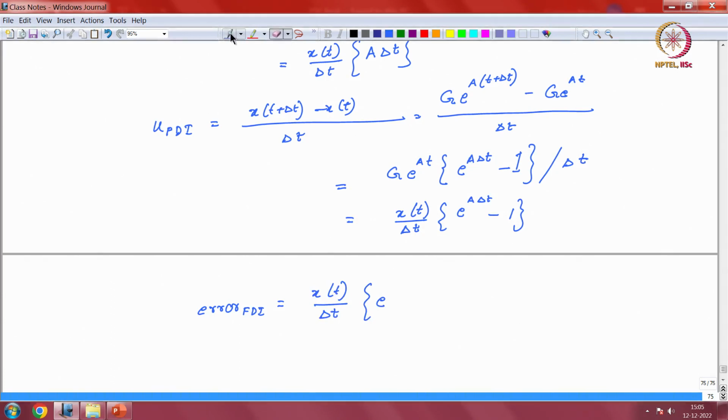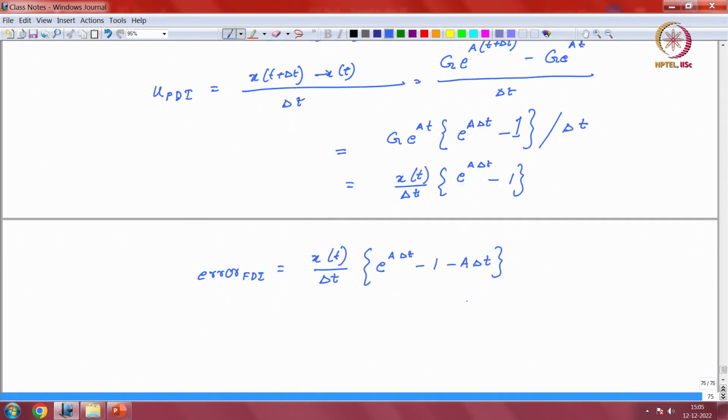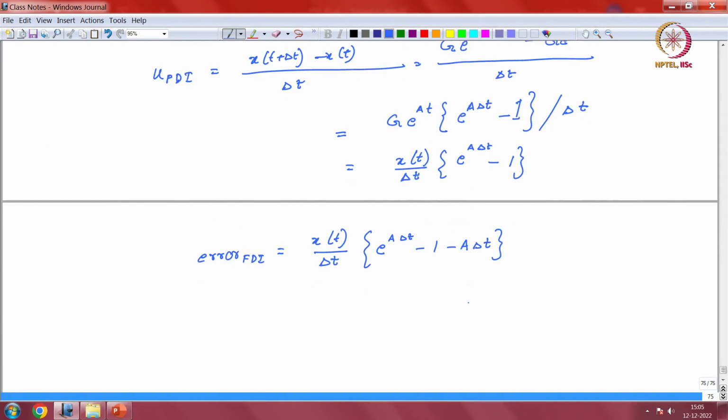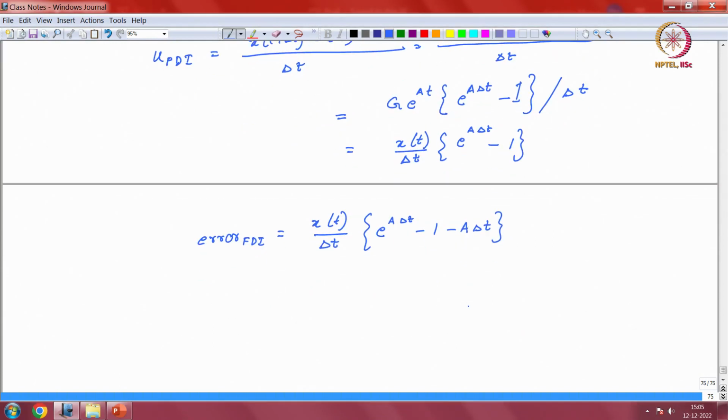This is e to the power a times delta t minus 1, and then minus a e to the power a t. So I've just gone ahead and plugged in the two expressions that we have already obtained, and now recall that